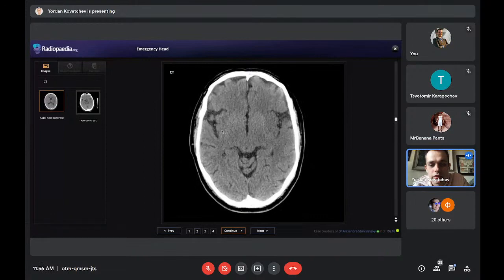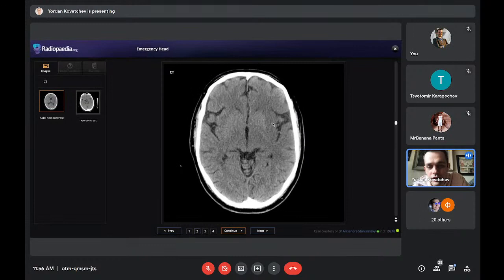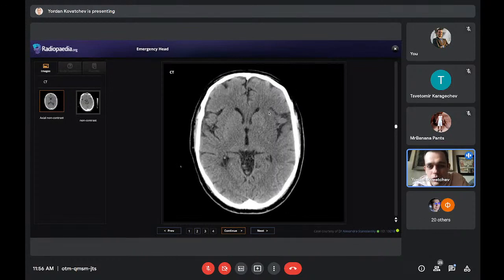Here you see a cortex and white matter. Here, white matter below the cortex. And look on the left side. On the right side of your screen is the left side of the brain. On the left side, it's all, let's call it smudgy. It's all the same in the insular region. You don't see the cortex.